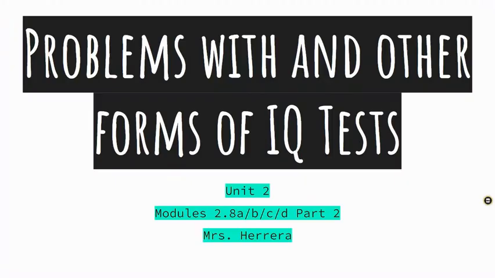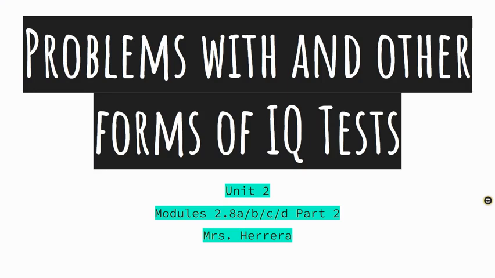All right. Our last video lecture in this mini part of Unit 2 on intelligence and problem solving is Modules 2.8 A, B, C, D, Part 2. So in the last video lecture, we talked about different types of academic testing, the difference between achievement and aptitude tests. And we spent the majority of time talking about intelligence tests and how to calculate and understand what your